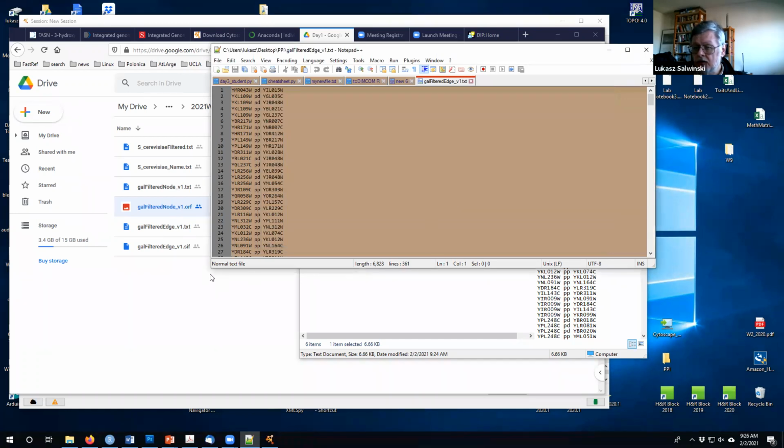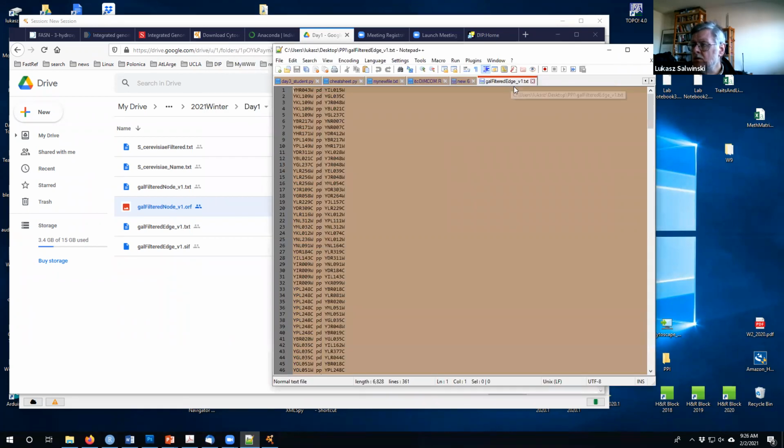Okay. So here's our galfilterededge.txt file. It's got 3 columns. The first and the last one list identifiers of the proteins or genes that we're interested in, and the middle column is